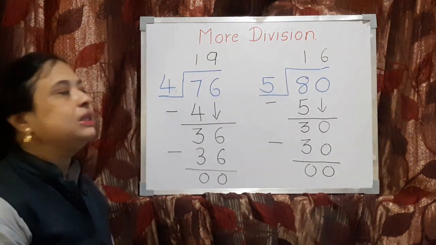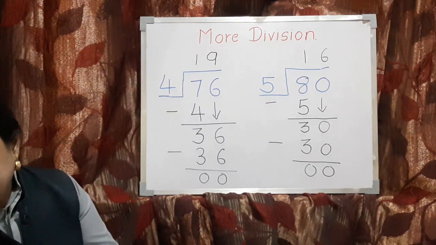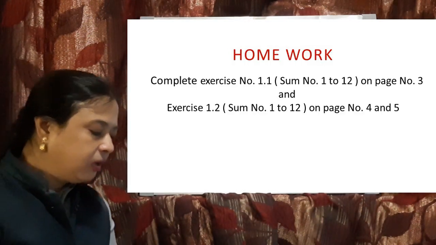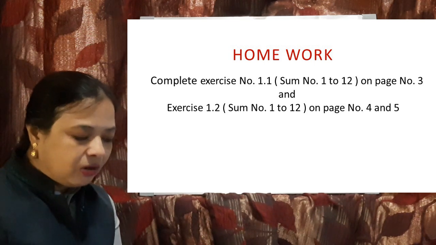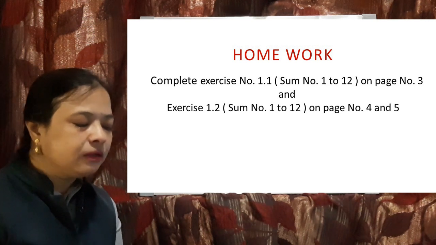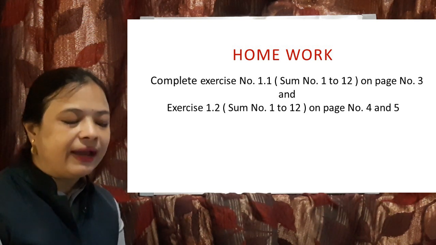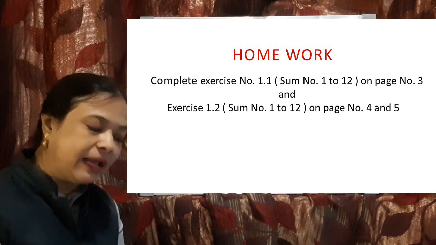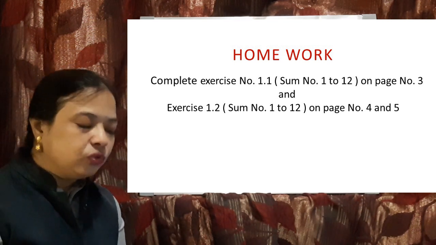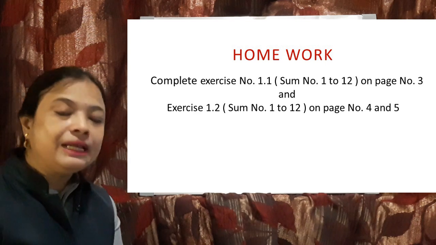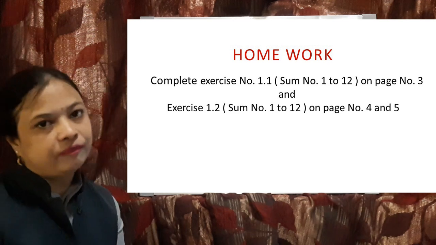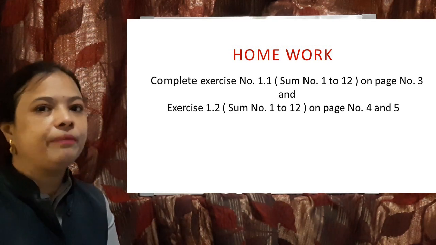Okay. So children, this way you are going to complete the whole exercise. I will tell you. In exercise 1.1, you will do the sums till number 12. Okay. 1 to 12. So first 1, 2, 3, 4 and 5 are in the textbook itself. So there only you will do the sum. 6, 7, 8, 9, 10, 11 and 12, those sums you are going to do in your notebook. Till 12 you will do in your notebook, and the others are for extra practice. You can do them in your rough book for extra practice. Okay, no need to do them in the fair book of maths.